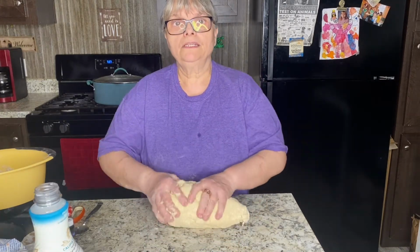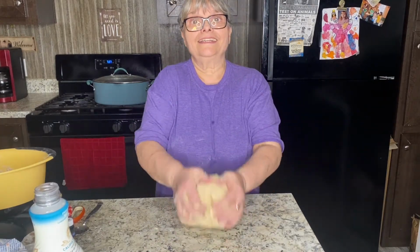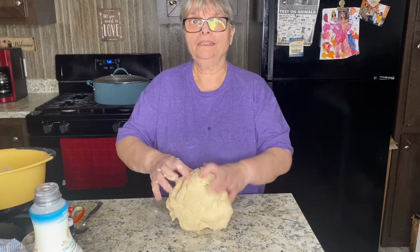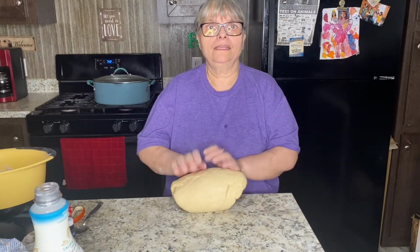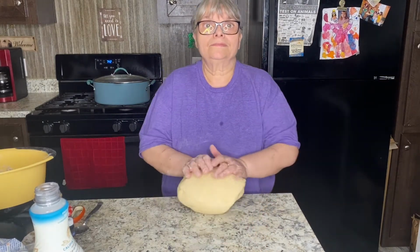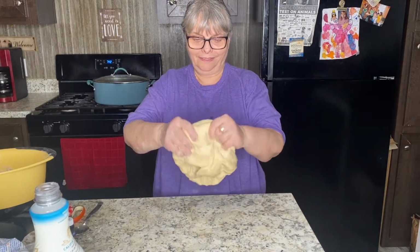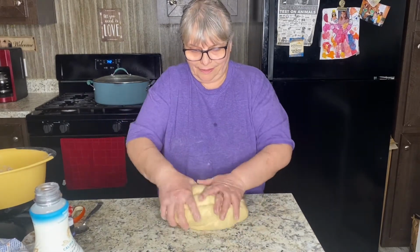Okay, remember, we need to make sure our dough is nice and elastic, and this feels so good already, and it smells amazing. I'm going to work on kneading my dough for 1 more minute longer. Because it looks nice and ready